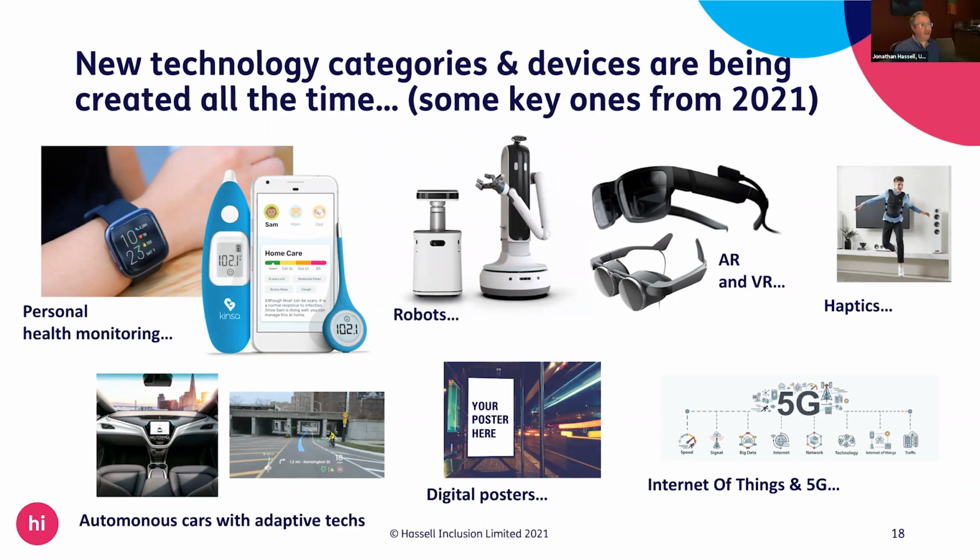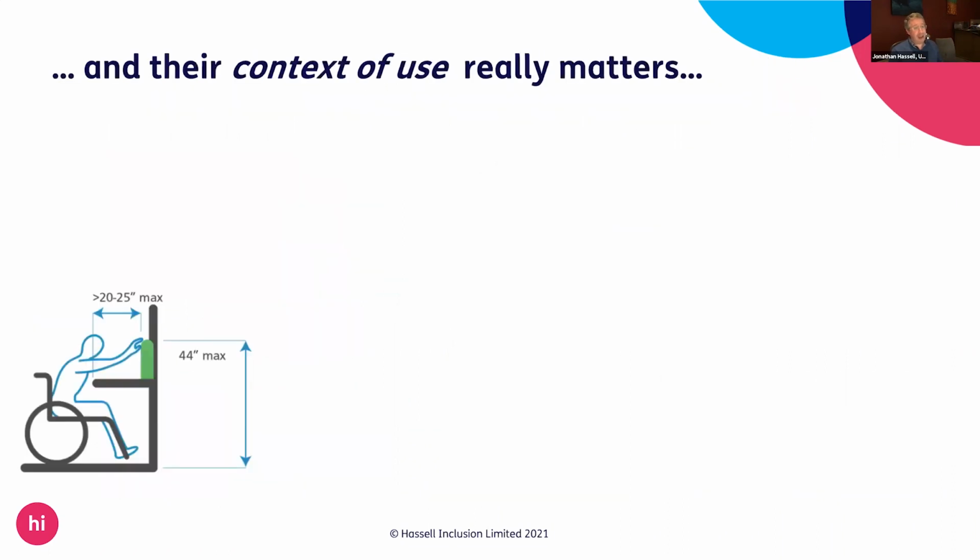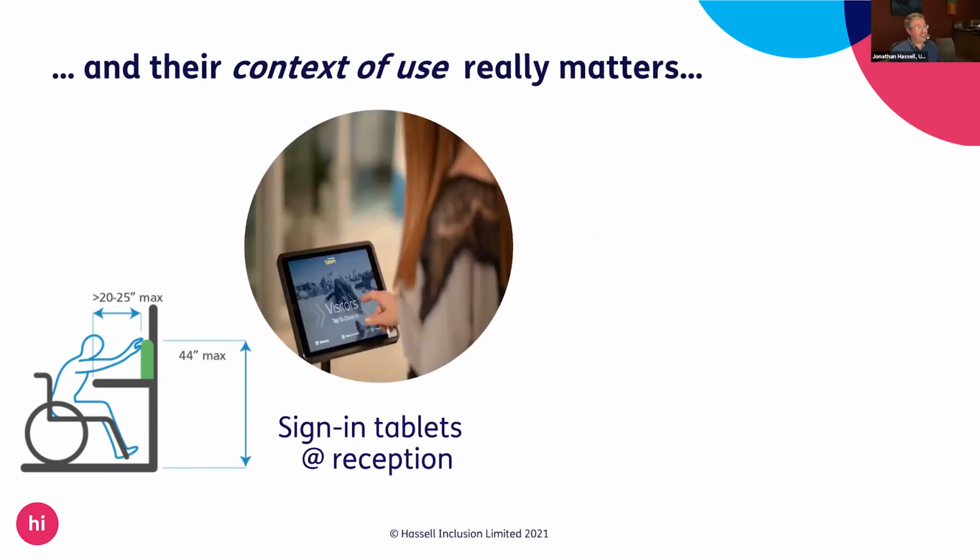So the other thing about all of these is that some of them are definitely for the home, but a lot of them are for when we're back able to be out and about again. God bless Boris for what he was saying on Monday. We're all looking forward to actually escaping from our homes. But when we do, we'll be really aware that digital is used in different circumstances. And again, WCAG, we're really thinking about a website on a desktop in an office or a home. They weren't really thinking about, can you reach it, for example.